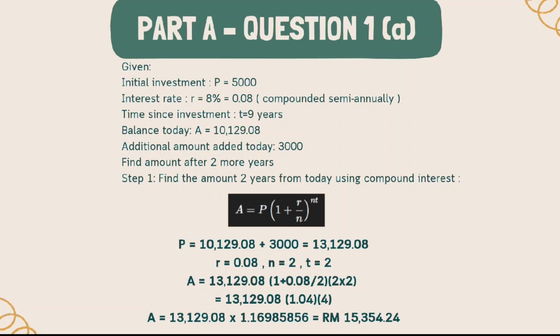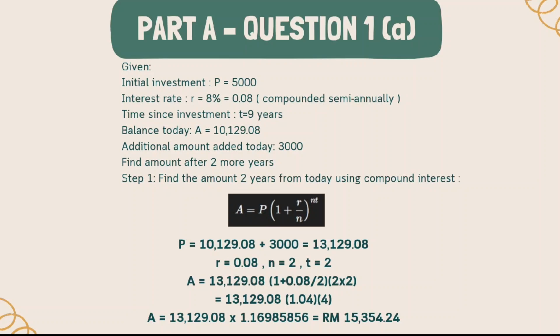So P equals 10,129 and 8 cents plus 3,000, and we got 13,129 and 8 cents. R is 8%, equal to 0.08, and N is 2 and T is also 2. So A equals 13,129 and 8 cents times bracket 1 plus 0.08 over 2, bracket,